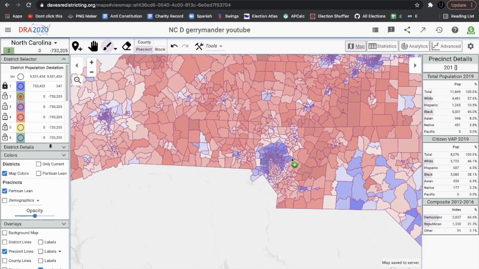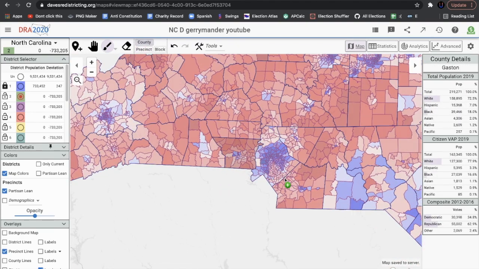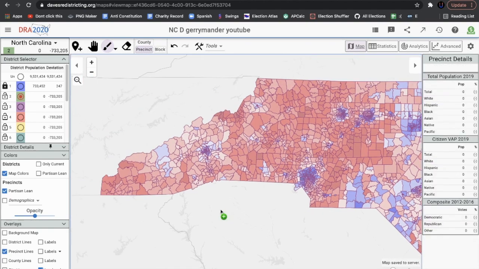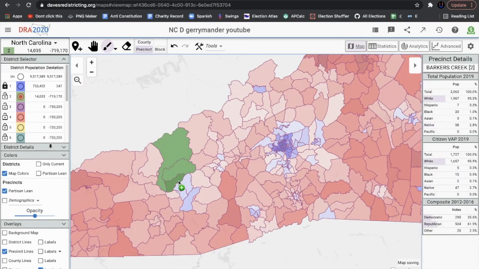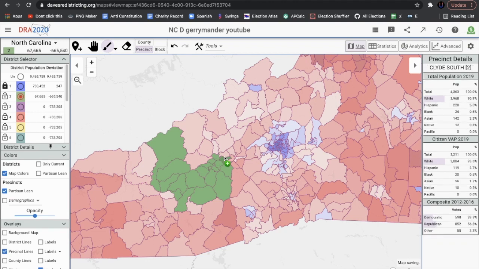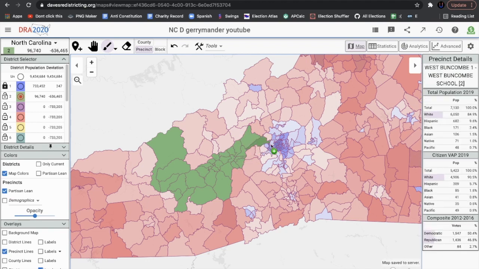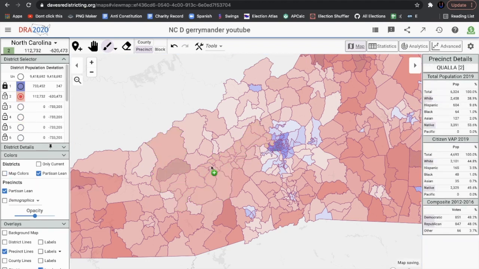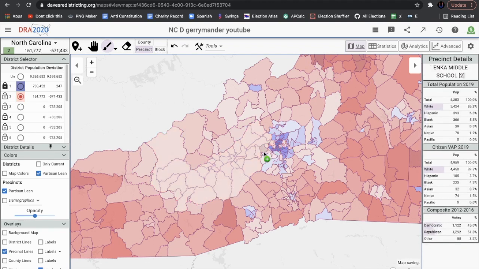We can kind of start to crack Charlotte. So essentially, like I said, packing and cracking is what we're going to be doing here. And first of all, we cannot take these precincts that are Democratic leaning in the more rural, the western part of the state for granted. We have to involve those somehow. So we're just going to try to grab these light red and Democratic leaning precincts over here,